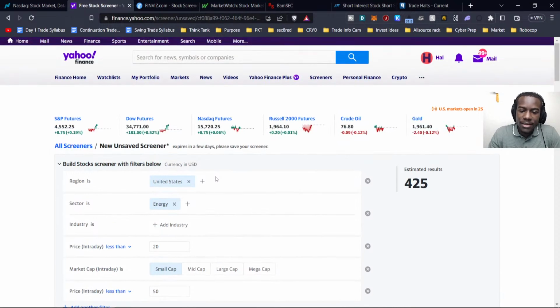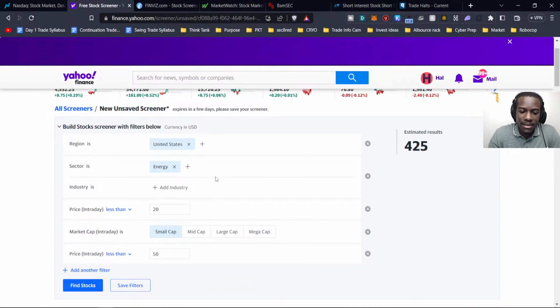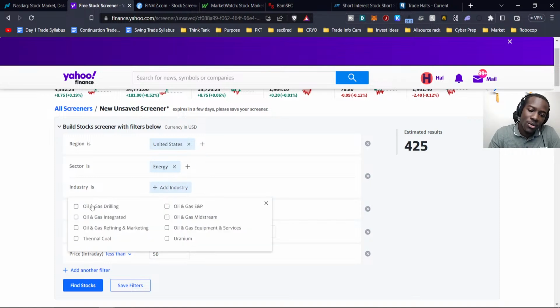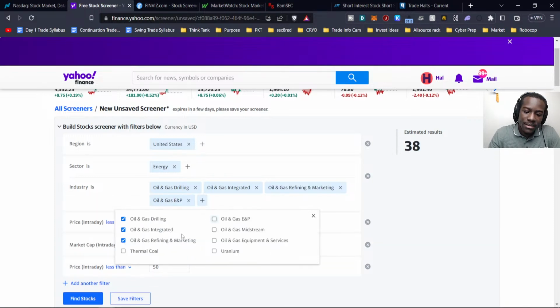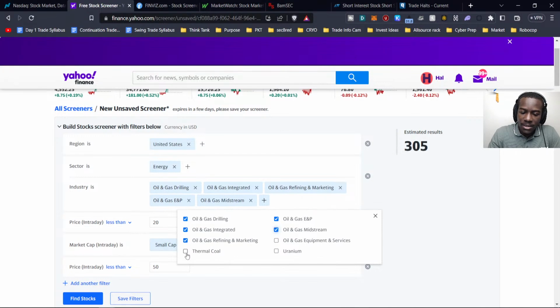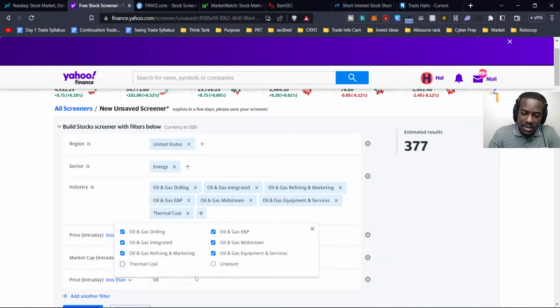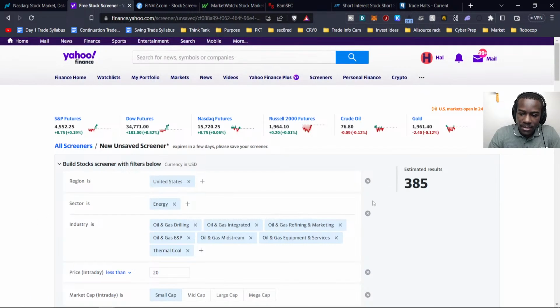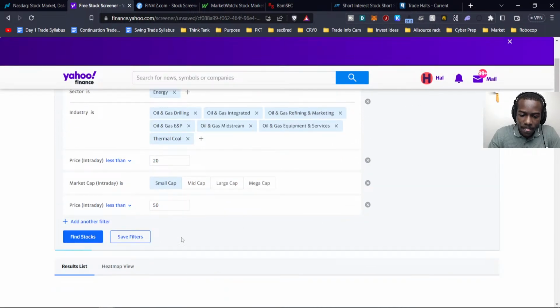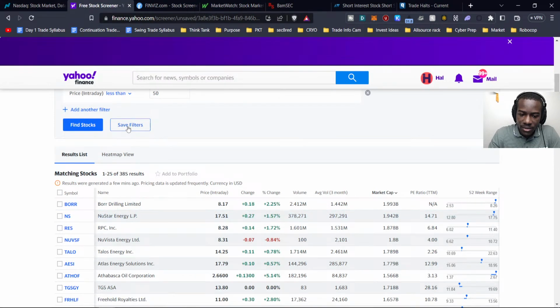I was just showing Donnell the other day, we were talking about different sectors, and I was showing him how to pinpoint some of these sectors with Yahoo Finance's screener. We've seen oil start to rip, so we were kind of looking into energy and oil stocks, and coming down here looking through some of these nice little movers. To me, it really doesn't matter what they're in, as long as they are dealing with oil and we can separate them out and do a little bit more research, that's cool with me. 385 there.